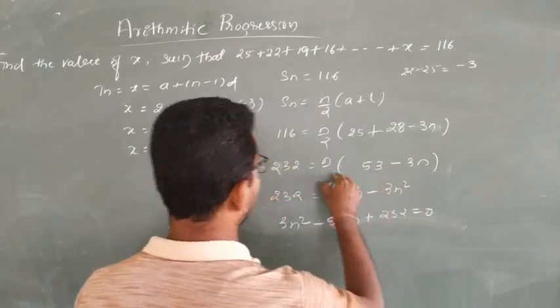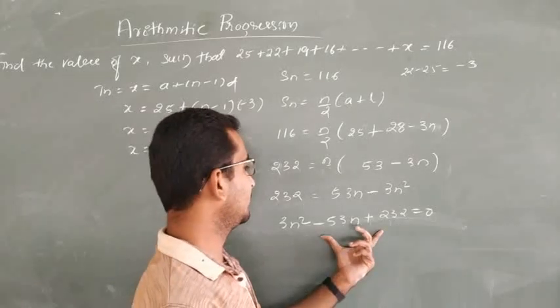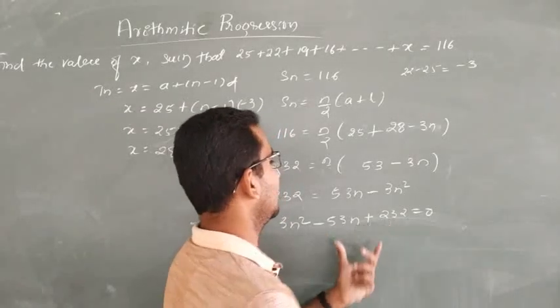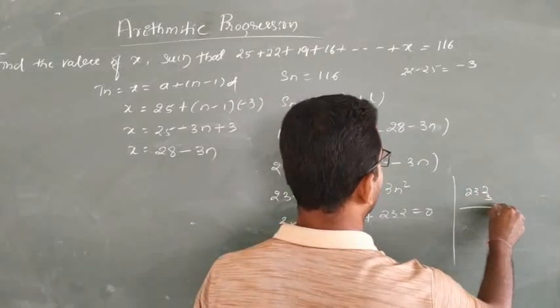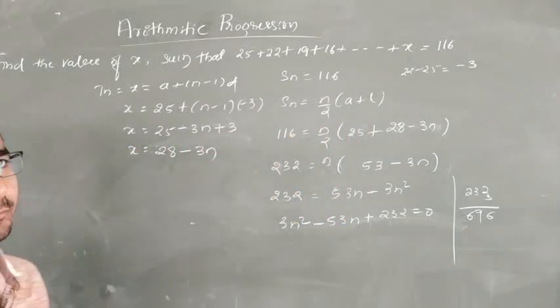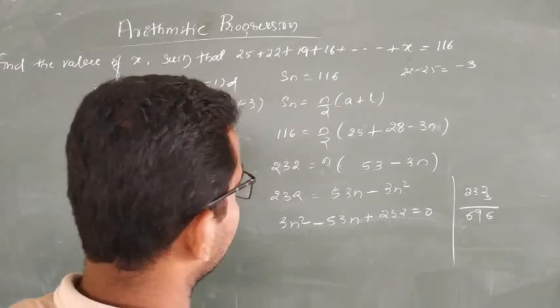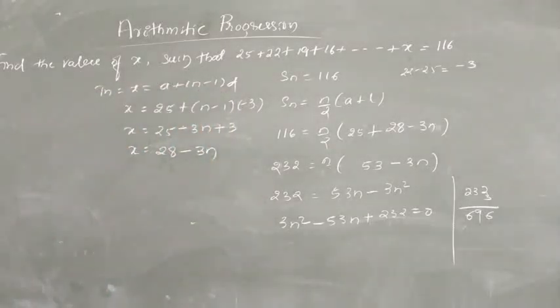I am sorry, I already did the multiplication. So by multiplying the two numbers, 232 into 3, that is 3 twos are 6, 3 threes are 9, that is 696. And by adding or subtracting the same two numbers, I have to get minus 53. So if I take 29 into 8, no. Shall I take 3 as the common multiple here? Is it possible?